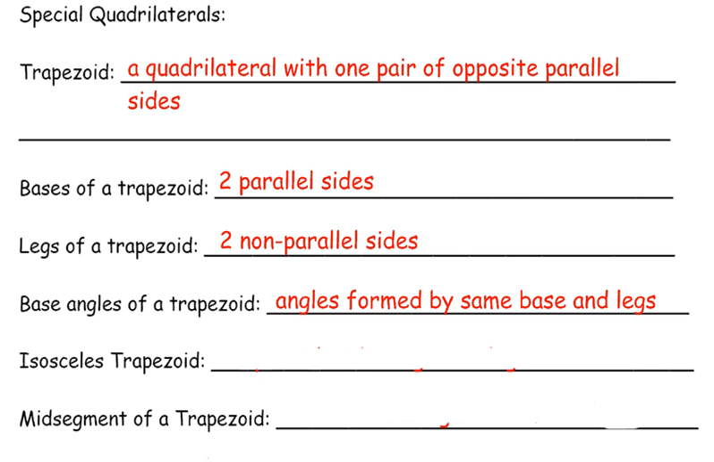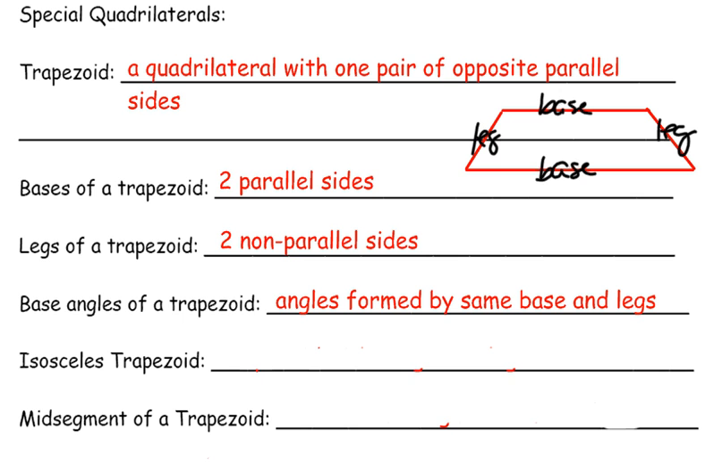All right, so let's draw a trapezoid, shall we? Okay, so I got two parallel sides. There's one, there's another one, and then I have two non-parallel sides. These guys, this is a base, this is a base, this is a leg, this is a leg. If I'm talking about the base angles, I'm either talking about this angle and this angle, which are formed by the same base and the leg, or this angle and this angle, which are formed by this base